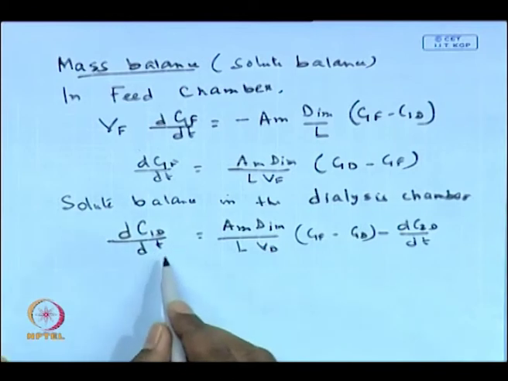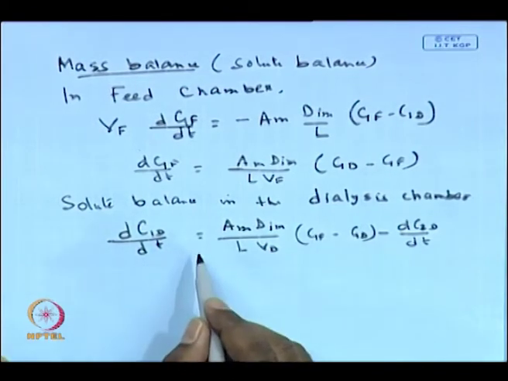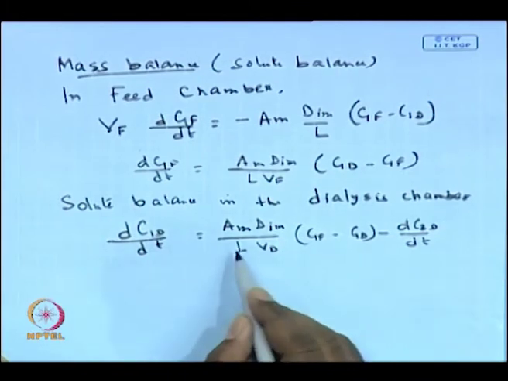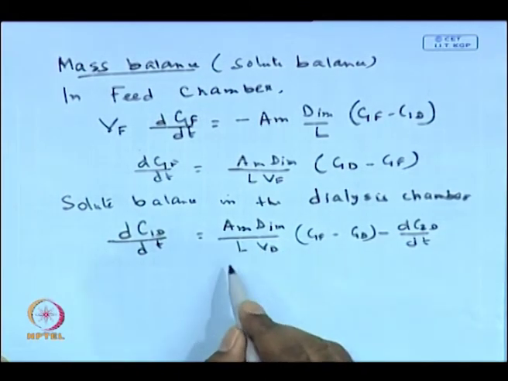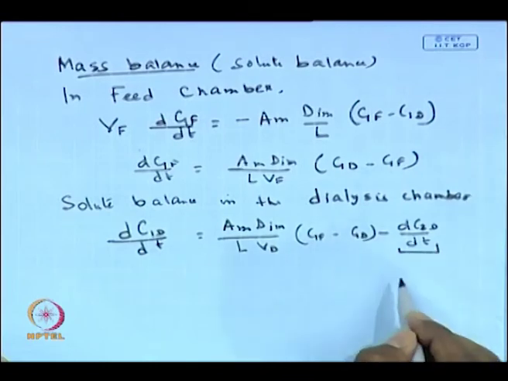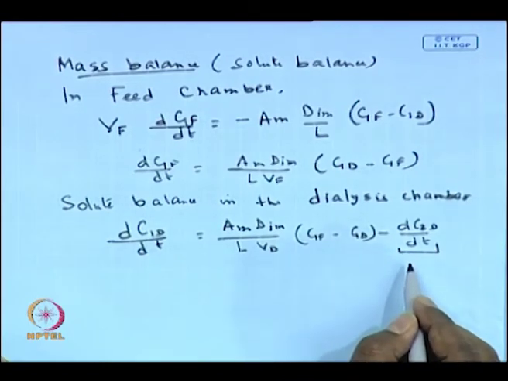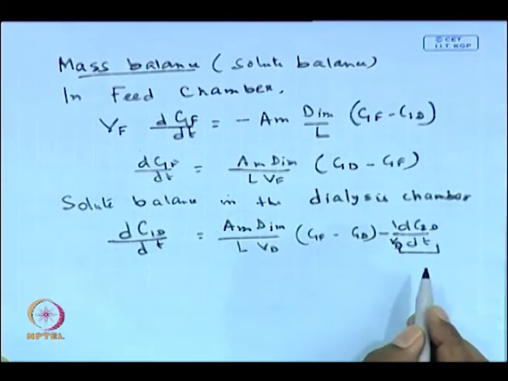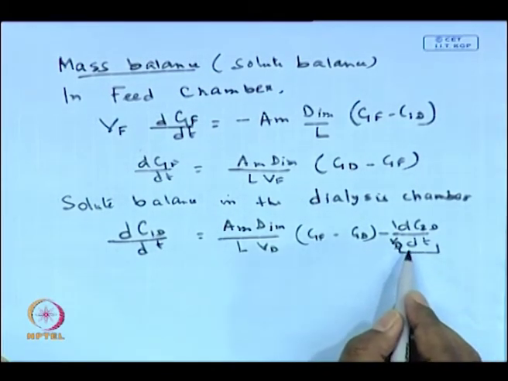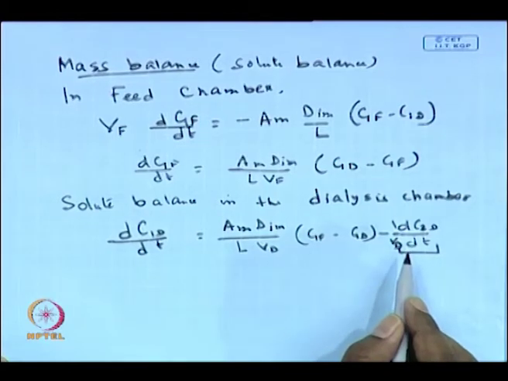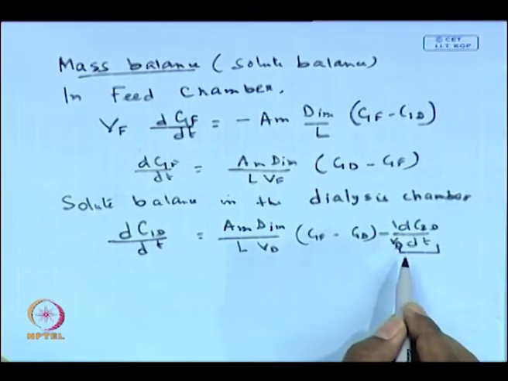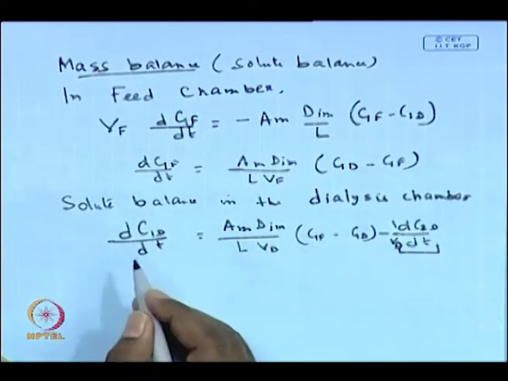So, in the dialysate chamber, what do we have? We have the gain in the aniline concentration that is coming from the feed side, as well as a sink term present on the dialysate side, which indicates there will be a decrease. This is basically consumption of aniline because of the formation of the anilinium ion. It reacts with the sulfuric acid. So, there is a sink term present there.